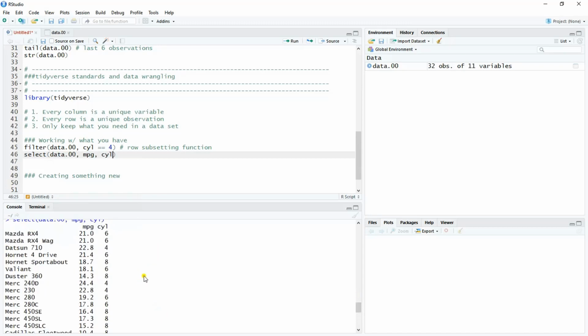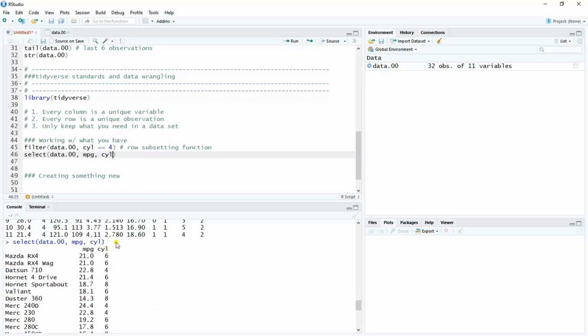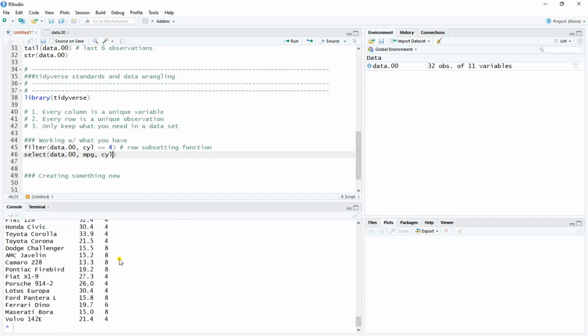And now we can see here in the console that when we run this, we get our same data frame, but we only have the MPG and the cylinder variables. So those are probably the first two functions you'd want to use. And this is a column or a variable subsetting function. Filter and select help you cut into your data set so that we're only keeping what we need as we're